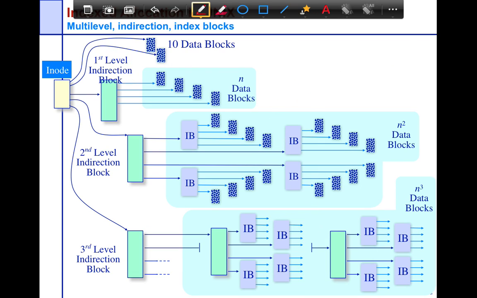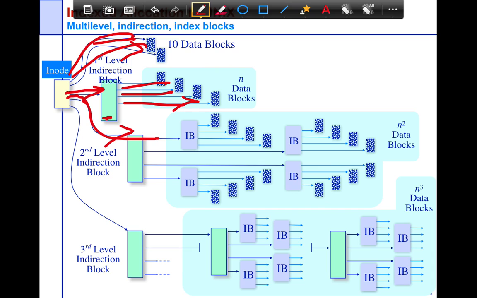So here's an illustration of the UNIX system. If you have the inodes, the first 10 blocks directly point to the data. The first level of indirection then points to, again, 10 data blocks. This itself does not point to any more data blocks. Then you've got the second level of indirection, which itself could point to another set of index blocks, and they could point to data. So in this case, with the second level of indirection, each of these points to 10 index blocks, each of which could point to 10 data blocks.